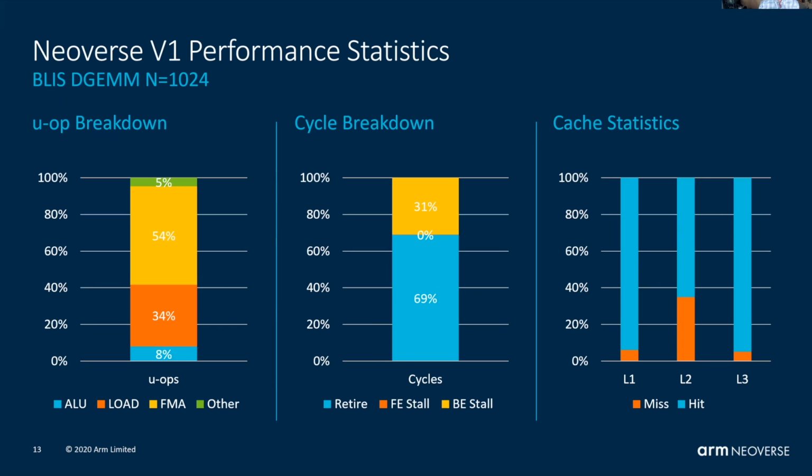And what we see is that the V1 core is doing a really good job of keeping the SVE units busy, spending most of its time in computation. About 30% of the cycles are stalled on the back end, but overall the core is doing really well. This also indicates that we could probably do a little better. These numbers are looking really great, but I imagine that with some tuning we can get even better